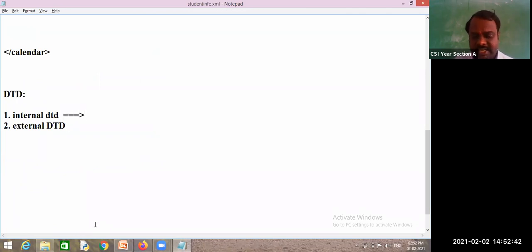Internal DTD means your DTD plus XML document are both in a single file.